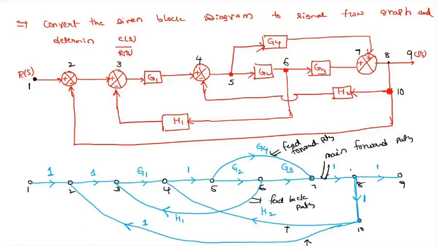After identifying those things, just indicate the gains. Mark the gain. What is the gain between them? You can mark it. After converting the block diagram into a signal flow graph, our normal approach applies: how many forward paths, how many loops, how many individual loops, how many two non-touching loops, the same formula we can consider. So the first step is to find the forward paths.